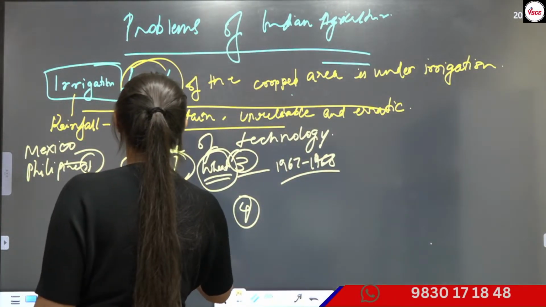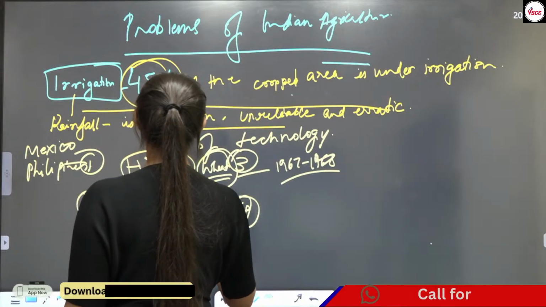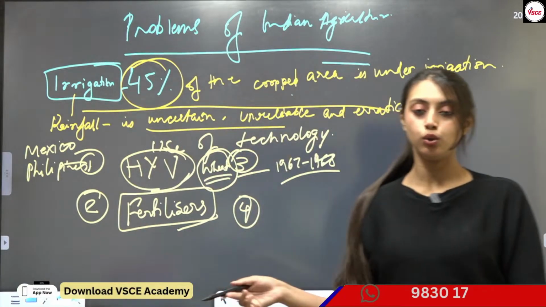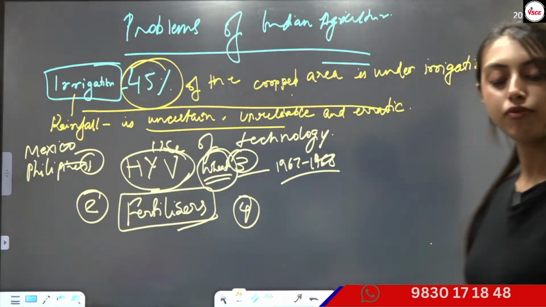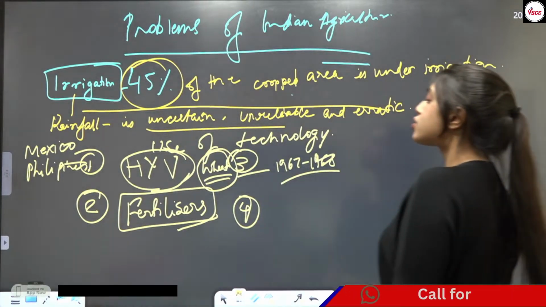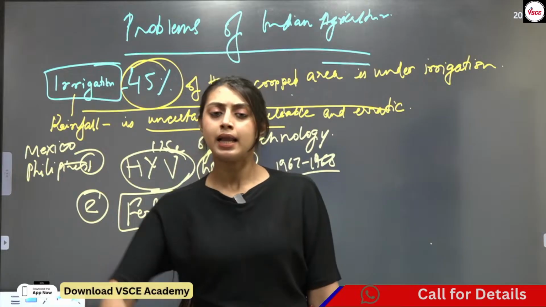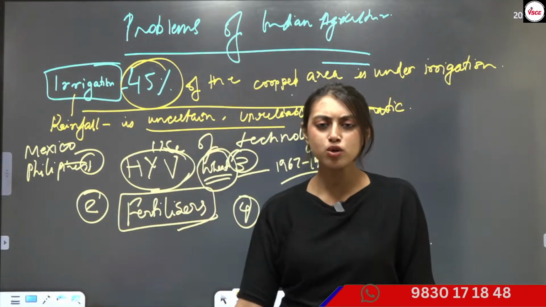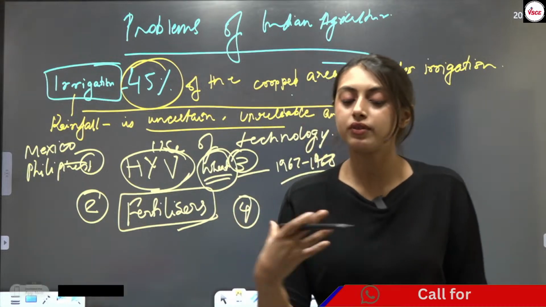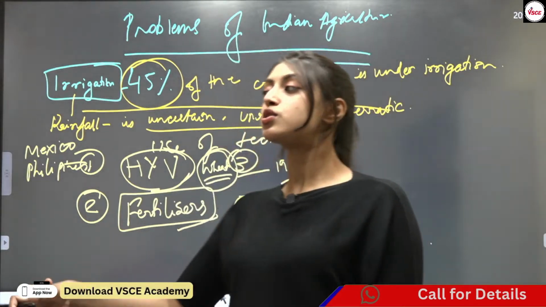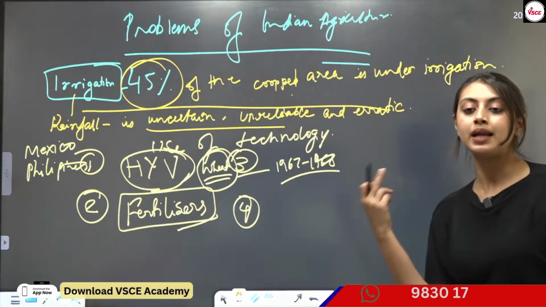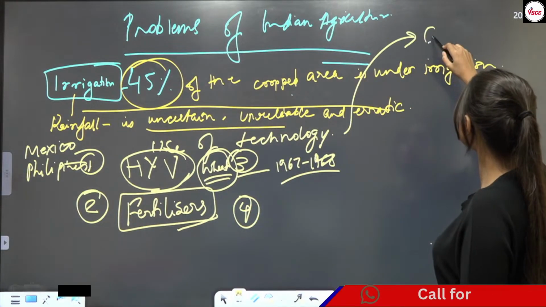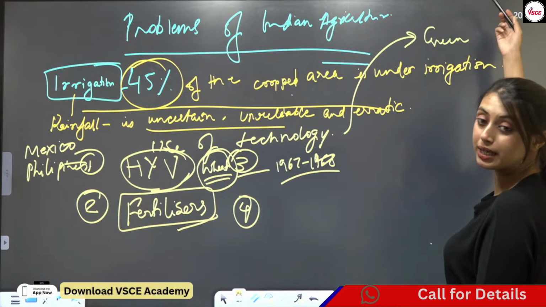Second, we have fertilizers. This is also leading to establishment of industries of fertilizers, right? Industries of farm mechanizations, like a tractor, a harvester, fertilizer, pesticides, biocides, weedicides. All of these industries are also growing. So it is also causing employment and industrialization, right? So just see the impact of green revolution on Indian agriculture and agricultural industries.